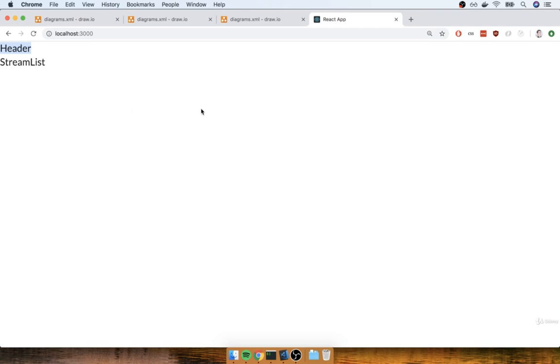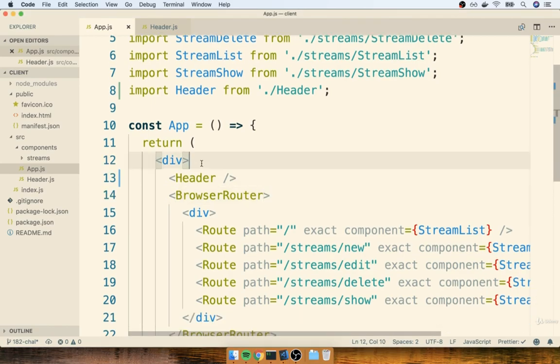All right, really quickly, we'll flip back over and make sure we just see the text header. Yep, it's right there. So now we're going to add in a couple of different class names to get the header to show up nicely. All these class names are coming from the Semantic UI documentation. So if you want to pull up the documentation and take a look at the menu subsection, you'll see where I'm pulling these class names from. All right, so back inside my app component, we'll first begin by putting on a class name of ui container to our root div right here, that is right above our header.